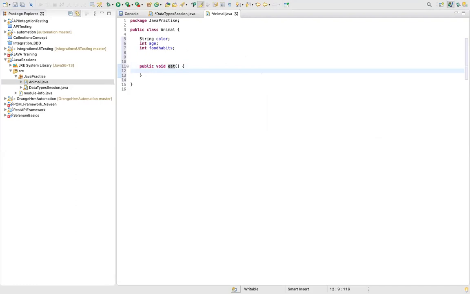Say this is a method to eat. This defines a characteristic, or a behavior, of that particular class. Each and every member of this class can have this method called eat. Along with this, we can also have methods like jumping, run, walk. There are many other methods you can have in your class.